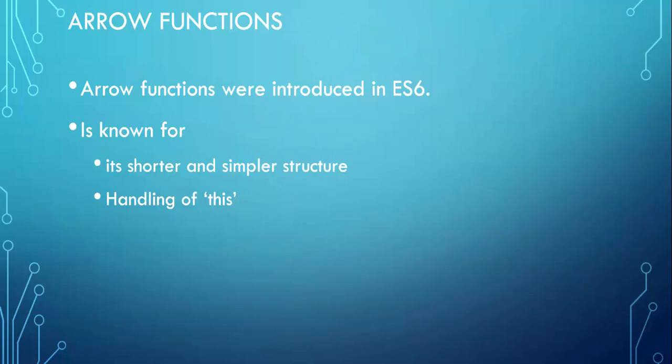Now, so far in our demo, you would have seen many functions that are involved, and all these functions are written using arrow functions. We usually prefer arrow functions over the normal functions because arrow functions are much simpler and shorter. They also have better handling of the this keyword compared to the normal functions. These arrow functions were introduced in ES6. So let us see a demo comparing the arrow functions and the normal function.